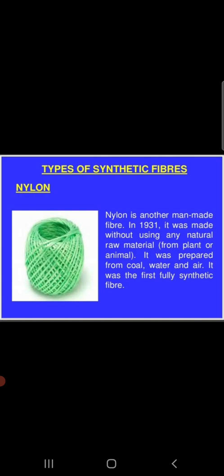The chemical reactions required to prepare nylon are carried out at a very high temperature in specially designed machines. The molten semi-liquid nylon is forced into a spinneret which separates nylon into very thin strands or fibers. The fibers are then spun through a spinning wheel through which they turn into yarn, and then this yarn is woven into fabrics. This is how nylon is prepared as a synthetic fiber.